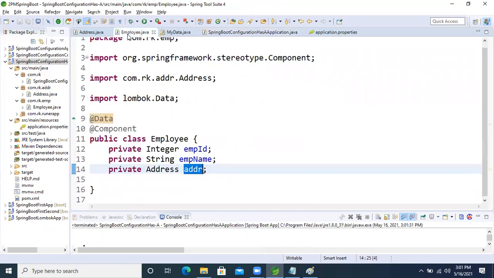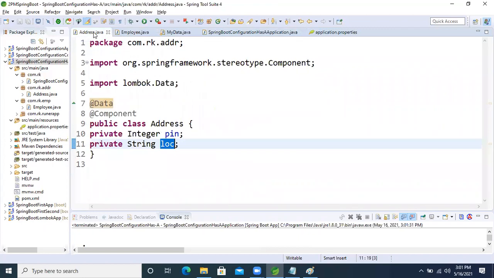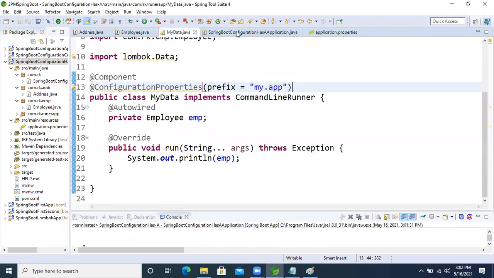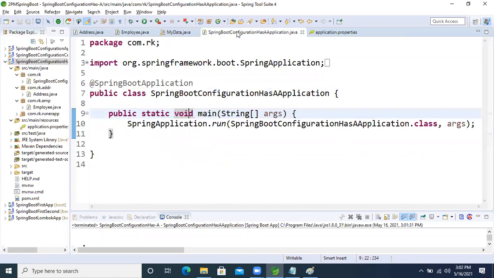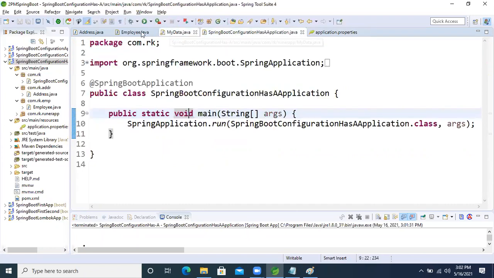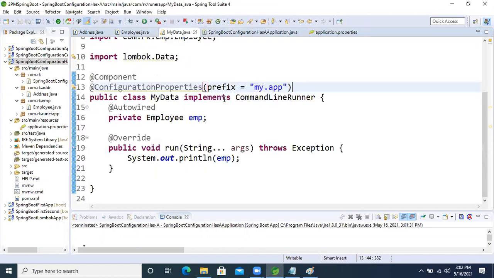Employee class is there and address class is there. Both classes are there, with a has-a relation. Fine. The property file, why is it not able to read it? my.app.empid. Fine. My.app prefix is what? But we are taking the prefix.